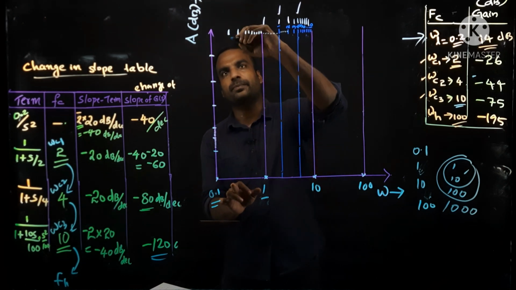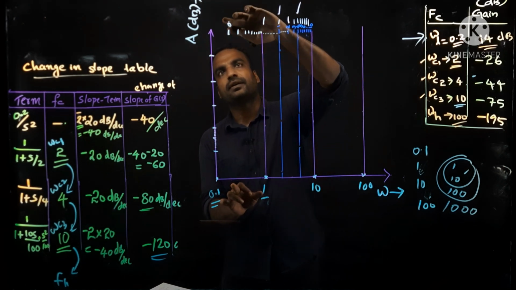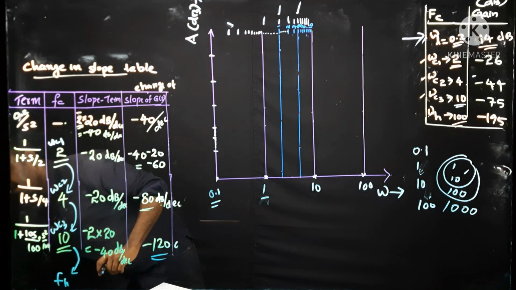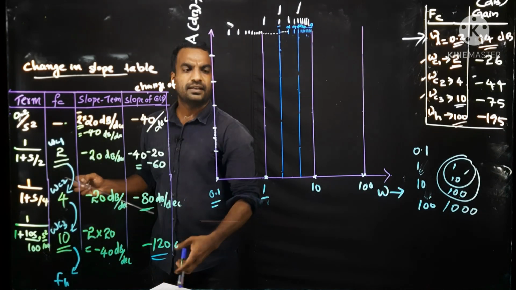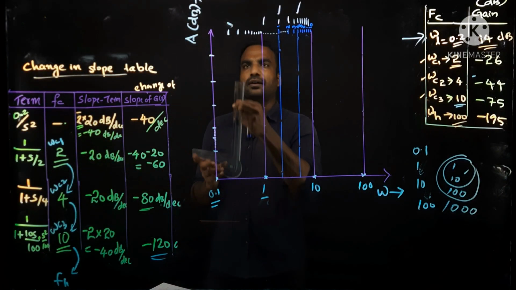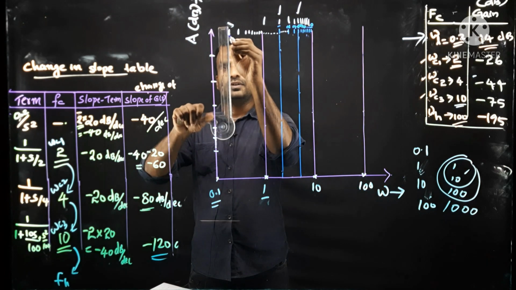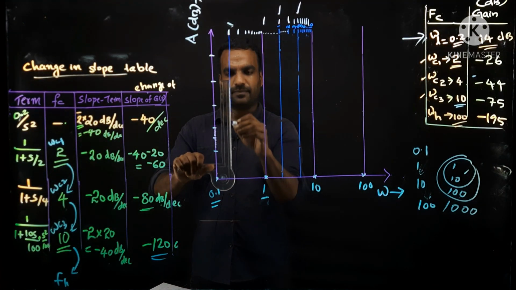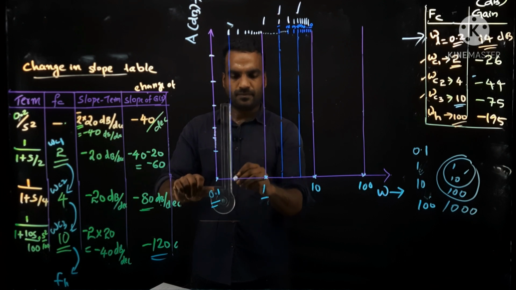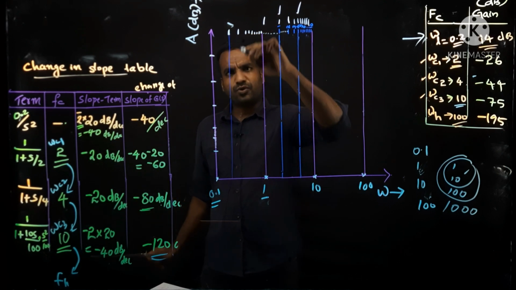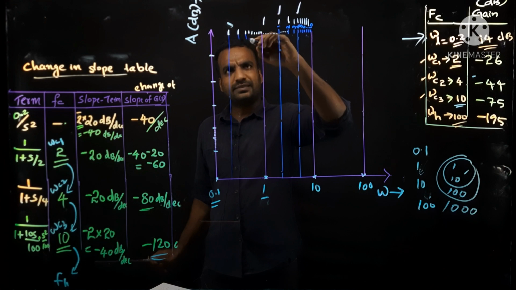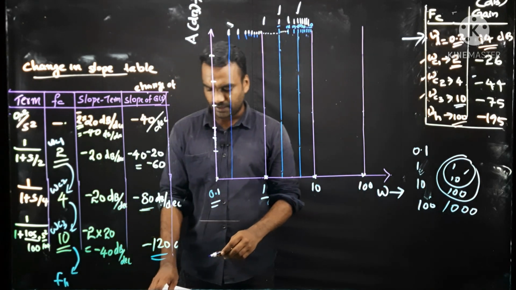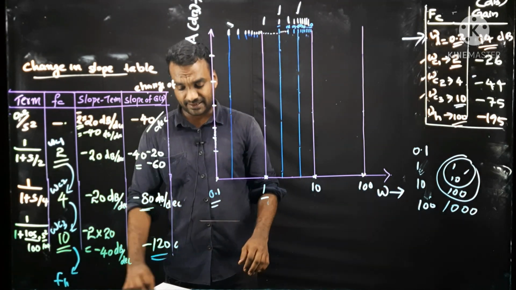In this decade, 0.1 is the initial point. The next point will be the first line, and that is representing, let me take a scale, the point 2. Let me draw an arrow line for you to get a clear idea. I have to draw all these lines with the blue line, but I am not doing that. You just imagine all the lines are there.